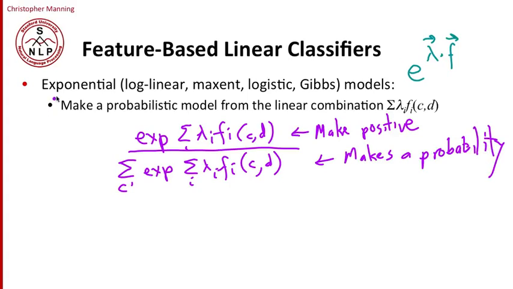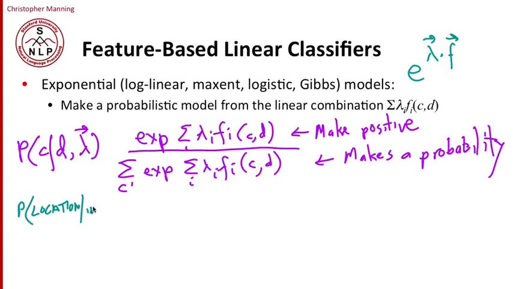Okay, and then we're going to say that this quantity here is the probability that we assign to a class, the probability of a particular class for a datum given a certain set of parameters, where this is our vector of all the parameters. And so we can work out a concrete example, so that for our previous example where we had the probability of choosing location given in Quebec,